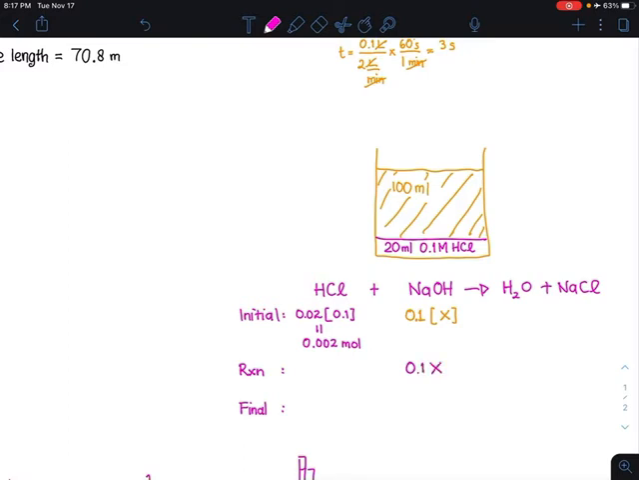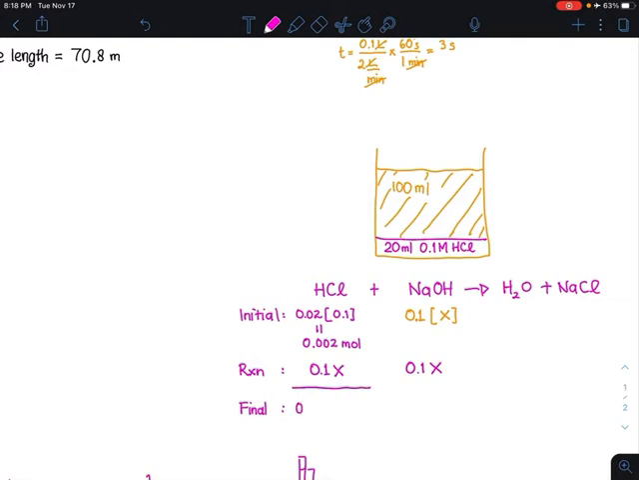Okay, the amount of hydrochloric acid reacted will also be 0.1 X, because it's a 1-to-1 reaction. For 1 mole of sodium hydroxide reacted, there will be 1 mole of hydrochloric acid reacted. So also the amount of hydrochloric acid reacted will be 0.1 X. So in the end,